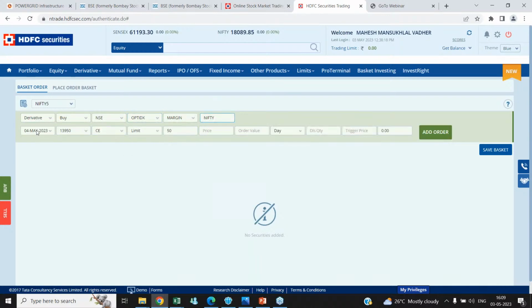Nifty, 25th May. I want to buy the 18,000 call at market price, so you can select market. You can also select limit to check what price it is currently quoting; you will be able to see it here. If you want to buy at market, you can also select market and